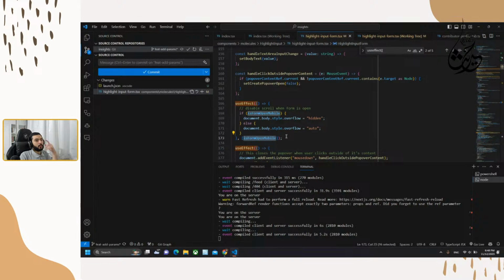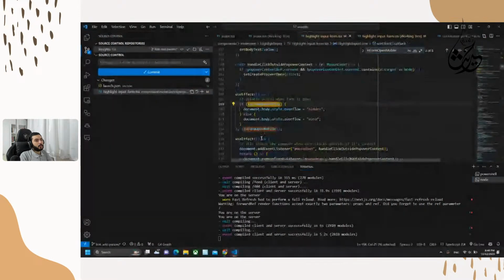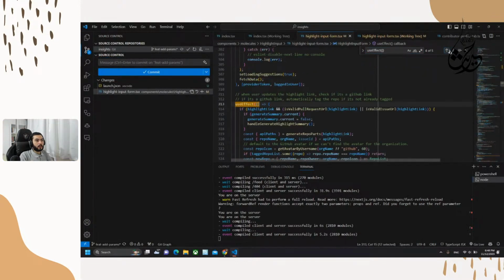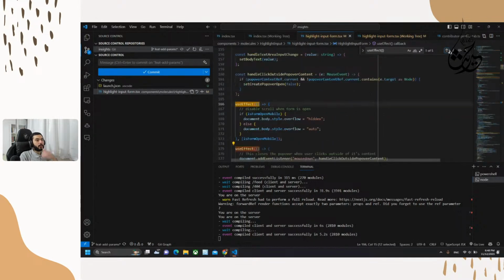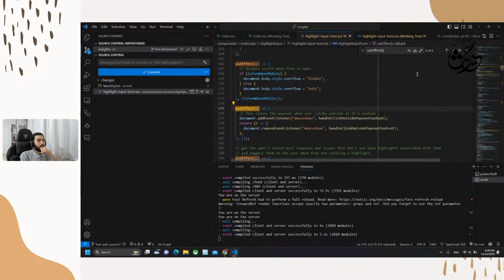I think we could combine this with the previous useEffect, this isOpenMobile.